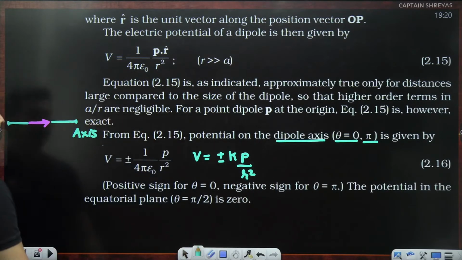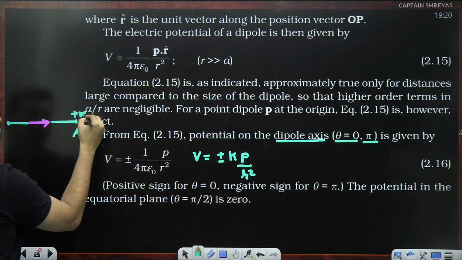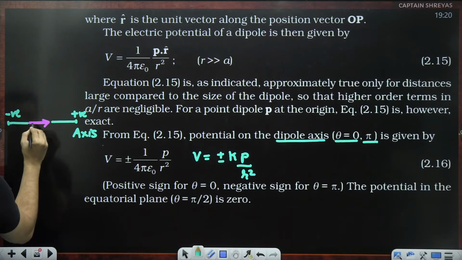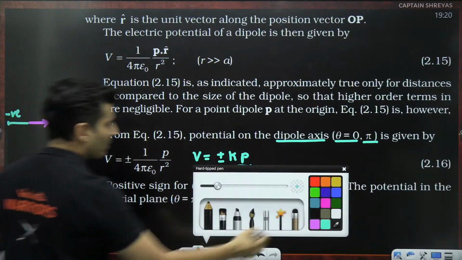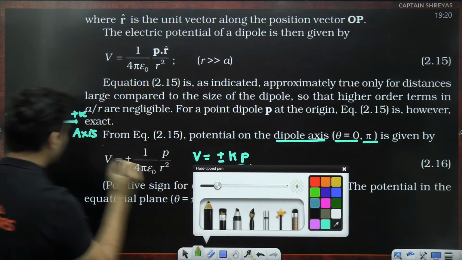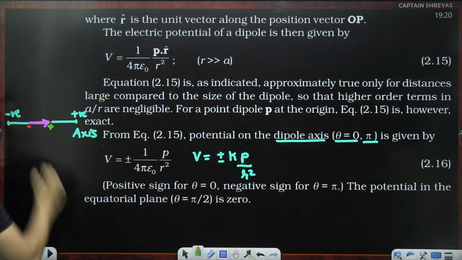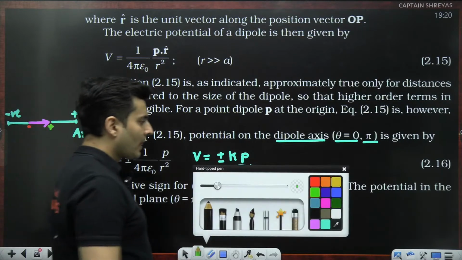Is that okay, everyone? If you are on this side, it will be positive. If you are on this side, it will be negative because you are closer to the negative charge. Do not forget, this is the negative charge and this is our positive charge. So on this side, it will be more positive. This side, it will be more negative. Similarly,